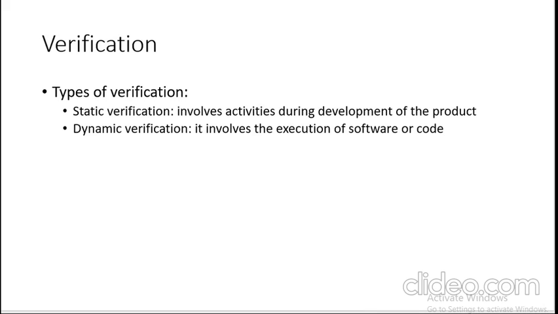And dynamic verification involves the execution of the software or code we have developed. We need to execute it and check that the product is according to our requirements. It is concerned with the working behavior of the software. It is carried out by executing the software or code. The team selects a group of test cases consisting of test data, then finds out the output test result. It means we select a team for executing or evaluating some process, and then we prepare a test plan and input data for testing our functionalities.